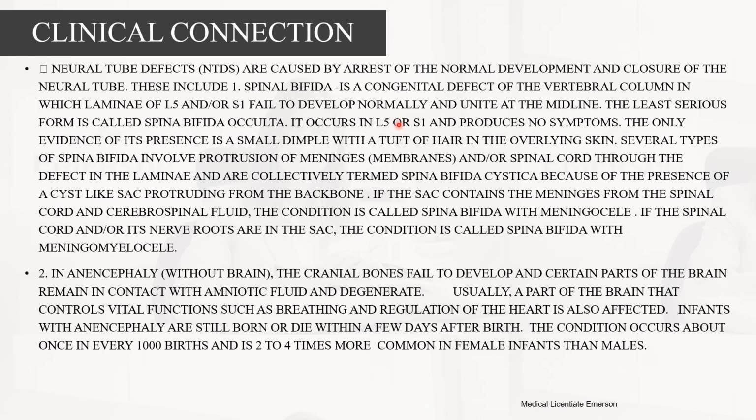Then the least serious form is called spina bifida occulta, which occurs in L5 or S1 and protrudes with no symptoms. The only evidence of its presence is a small dimple with a tuft of hair in the overlying skin. Several types of spina bifida involve protrusion of meninges, or the membranes, and/or the spinal cord